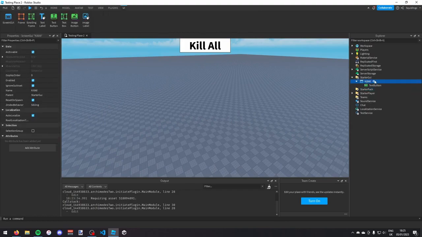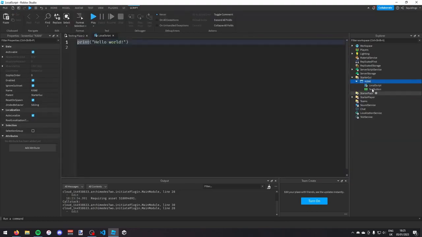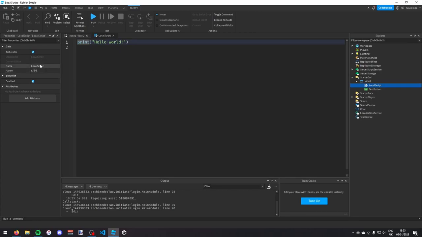And then in this StarterGui I'm just going to add a local script. And this is going to be used to prompt the player with the dev product. So I'm just going to call this prompt script. And then we need a variable, so local productID. So this is going to be the product ID of our developer product, but we need to make a developer